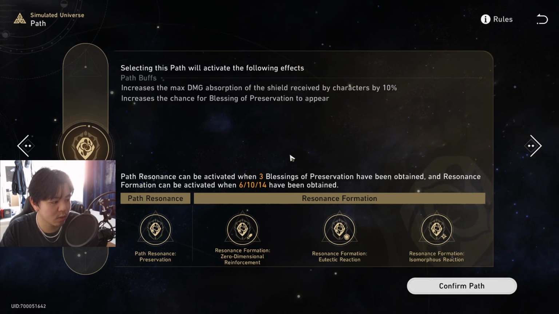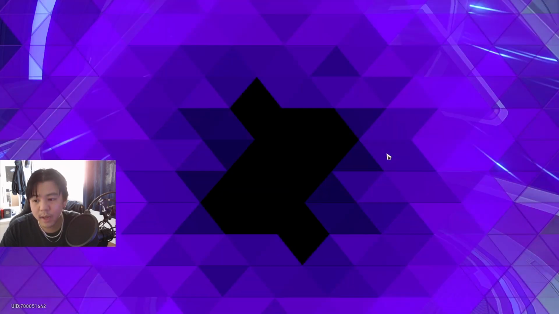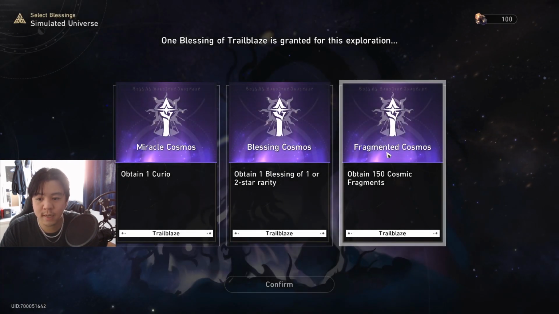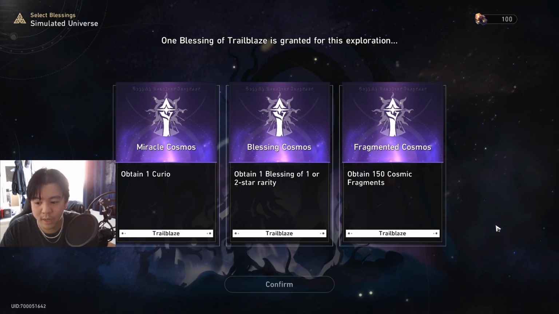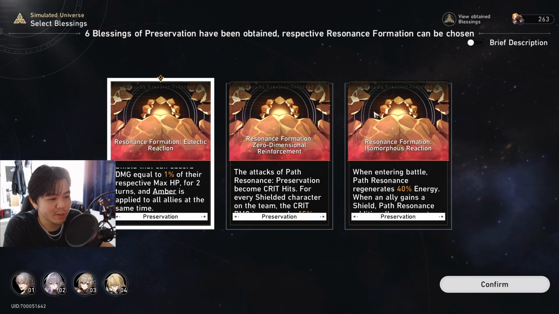for this run. So let me get into this, and I'll show you the resonance path that I did choose, special buffs that I choose, and then at the end we will see what the final fight will look like. Okay guys, I finally got to the resonance path, so I just wanted to show you guys how I